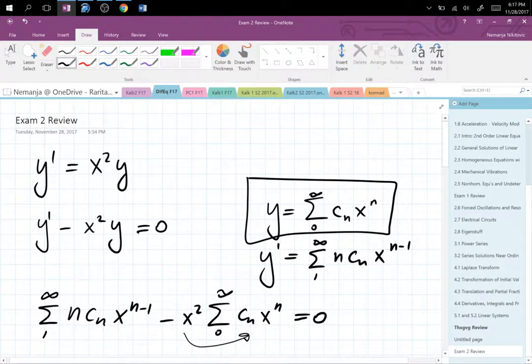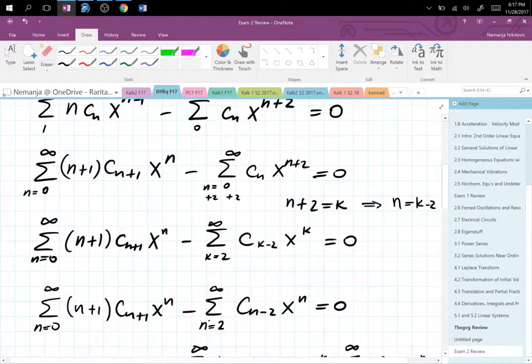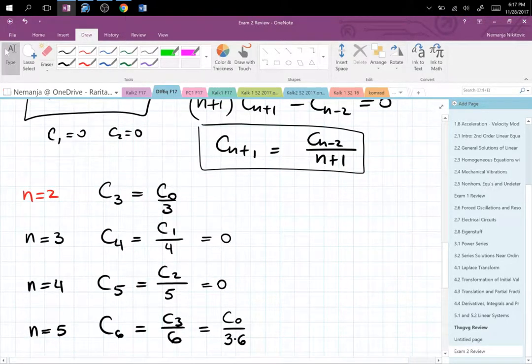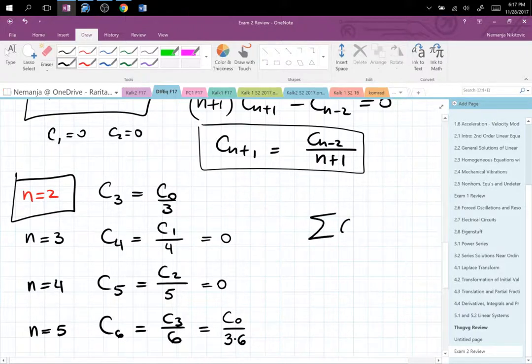That's not the same. C3 means your x has to be to the third power. Because n is still the same. This n equals 2 corresponds to the series Cn x to the n, from 0 to infinity. So n equals 2 produces